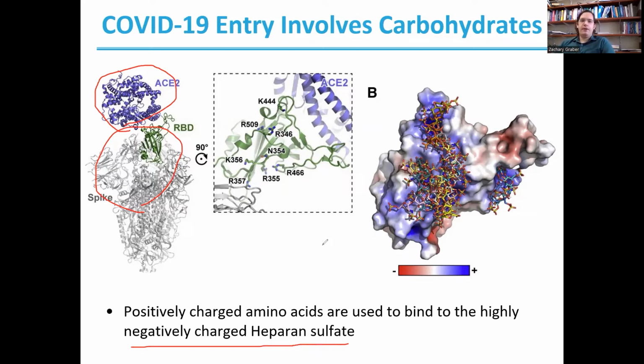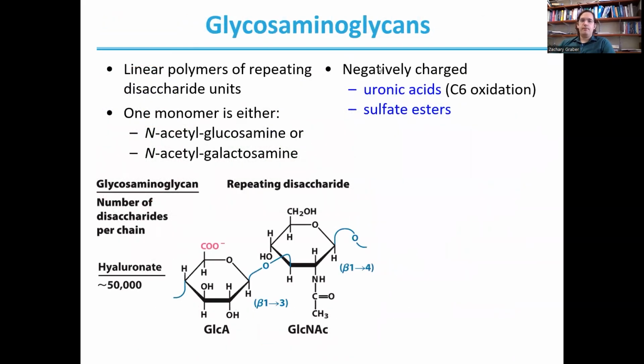So carbohydrates, through these interactions with different proteins, actually play a critical role in signaling within our cells and even in cases such as viral infection. The key sugar polymers that are involved in this sort of cellular signaling are glycosaminoglycans. Glycosaminoglycans are linear heteropolysaccharides. So again, that means that they don't have a lot of branching, but they will have different sugars combined to make the polymer structure.